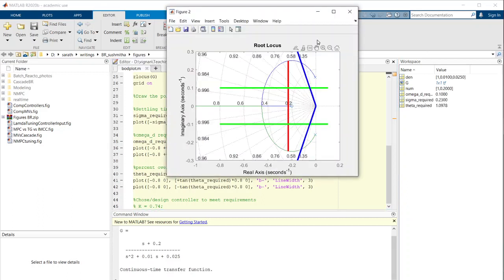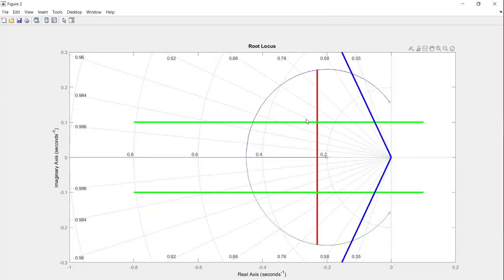You run that, see, you can see now the root locus, and I marked all the points based on the design specifications. The blue line tells the design specifications with respect to the overshoot, and this red line is with respect to natural frequency, omega d, right? Natural frequency, and these green lines are based on the oscillating frequency, right? So based on all these specifications, our root should be selected. Root means pole should be selected in this region.